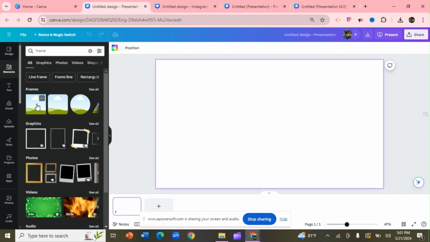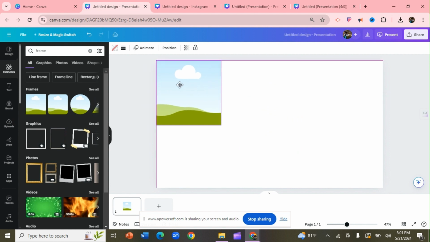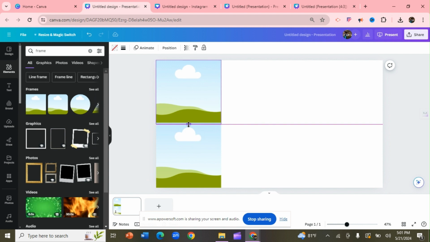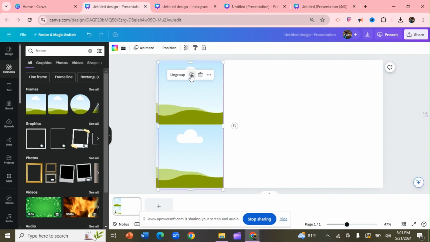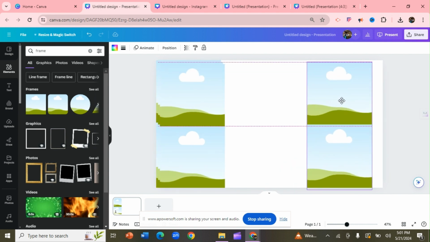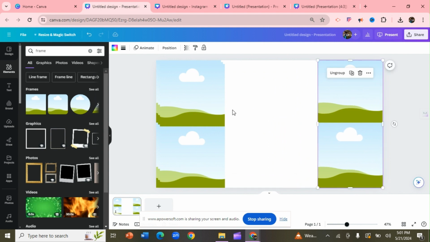After that, just select it, and you can duplicate this so that we can create a grid in Canva. So this is done. Now group them together and duplicate it, duplicate it, and duplicate it. Now we have to position them here. Let it cover the whole page,